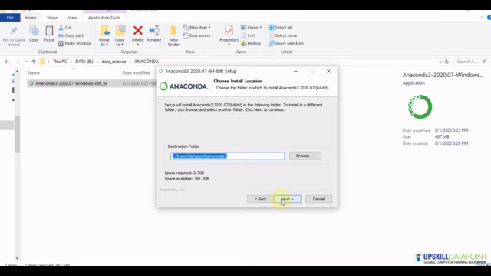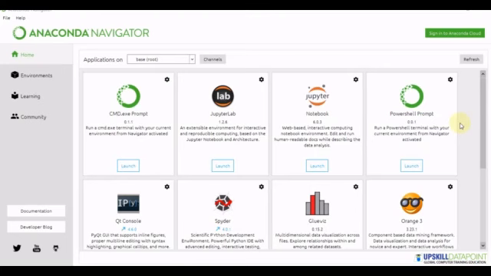Just click on next and do the installation. Once Anaconda is installed, you open it up from the command prompt by selecting Anaconda, and we get an interface like this where we have Jupyter Lab, Jupyter Notebook, and various other consoles and IDEs present. I will be selecting Jupyter Notebook because we'll be working on this, and I'll select this option and click on launch.